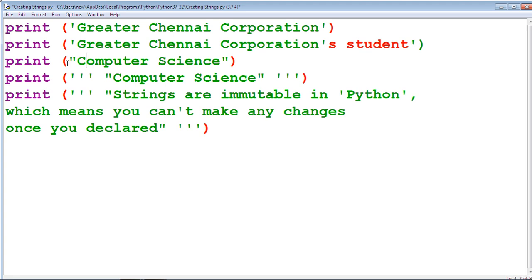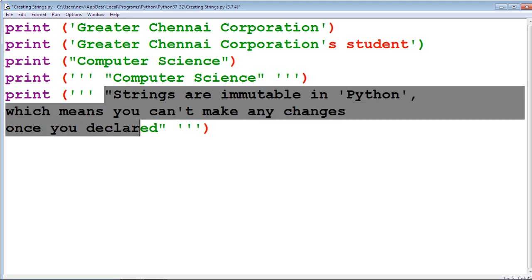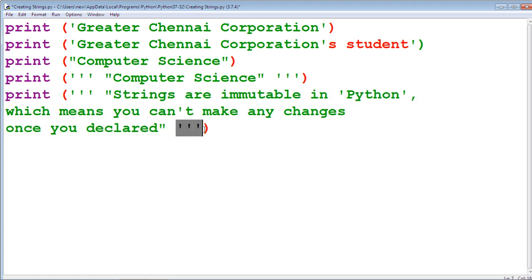And third one, a double quoted string is enclosed with a double quote. And fourth one, a double quoted string is enclosed with 3 single quotes. And last and final one, double quoted and single quoted multi-line text is enclosed with 3 single quotes.